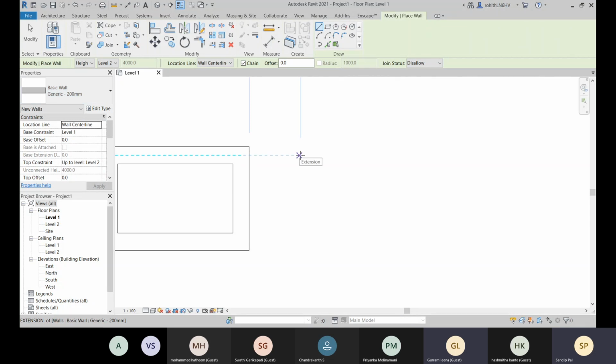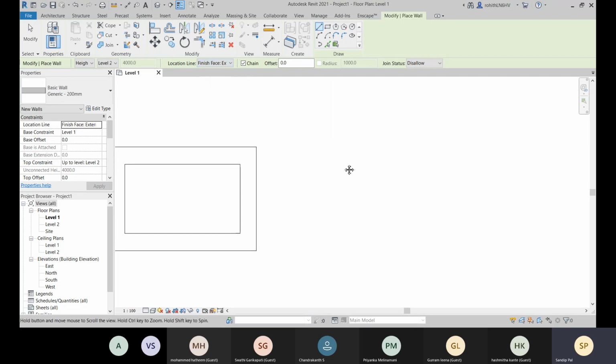Okay, no problem. I'll clear that definitely. For that, I need to clear about all the layers. Then I will come to the difference between wall center line and core center line. Now just focus on this part, the finished face exterior and finished face interior. I think this will be easier to understand.